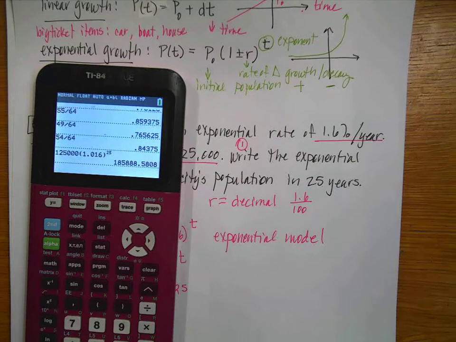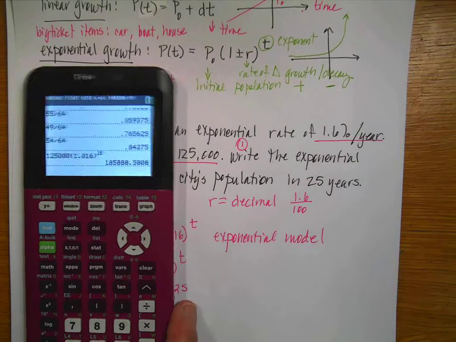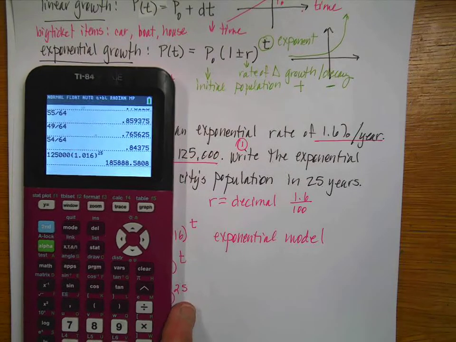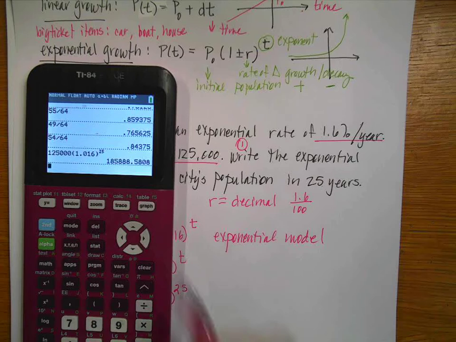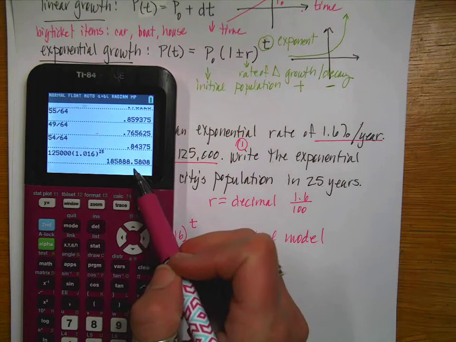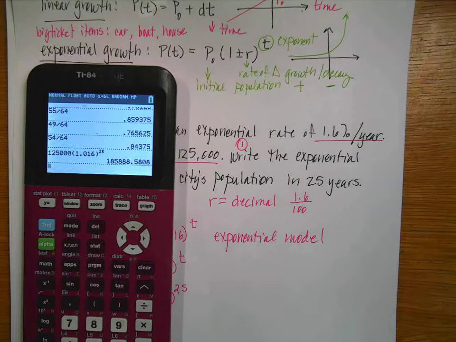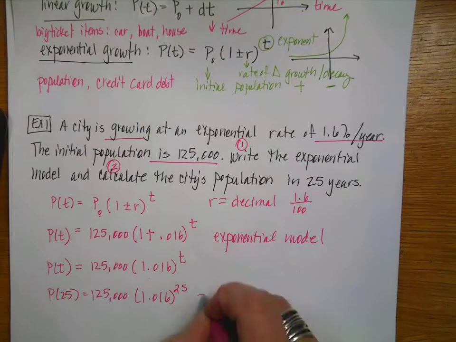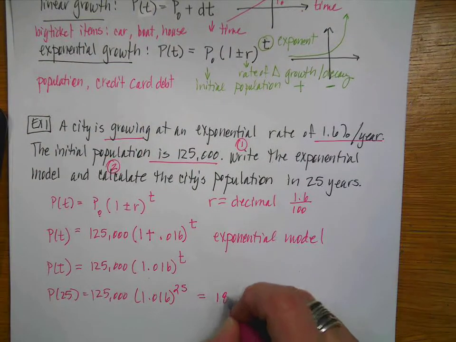And so then there's my number. Now remember, in this particular problem, we're talking about a population of people, so that means that even though I get a decimal, I have to round to a whole number. So I'm going to write that my population is equal to